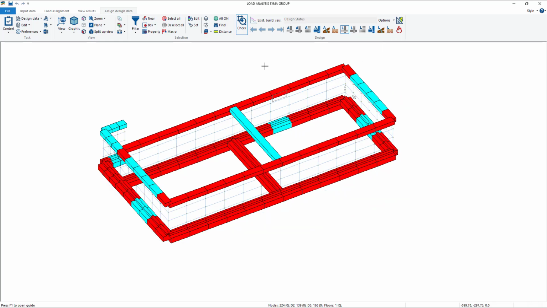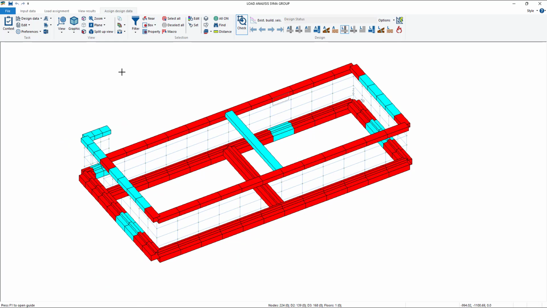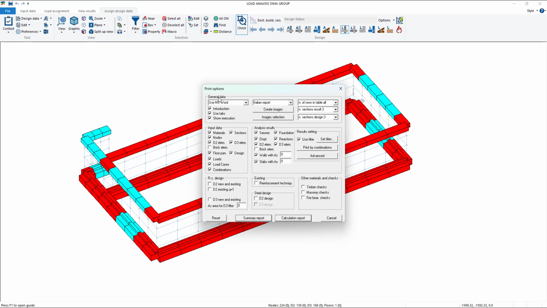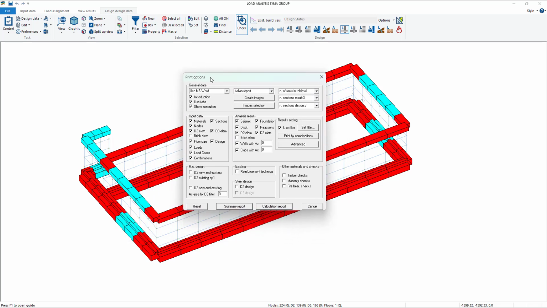We can go on and see how to obtain the total calculation report. So you need to go to context and calculation report. Here in this window you can select which kind of results you want in the calculation report. You have different options.